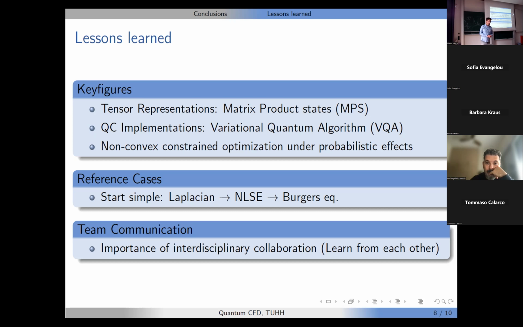Further, we are constrained, so not all regions are really allowed to move into. And third, using this Hadamard measurement idea, we have probabilistic effects. So this is the next point, which makes it even more cumbersome.